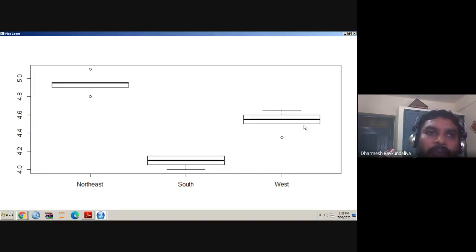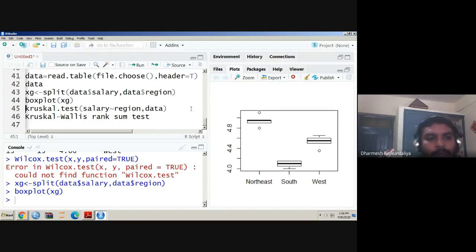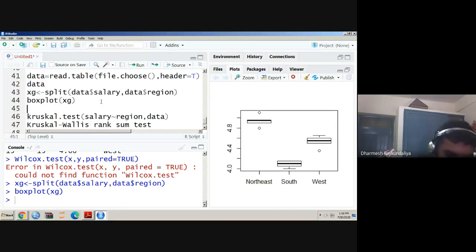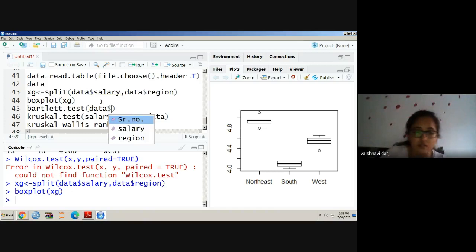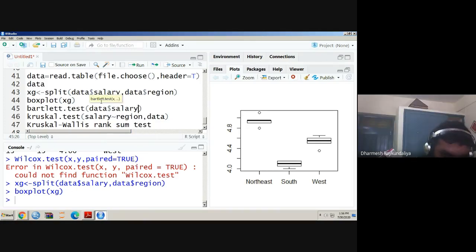If you don't want to verify this, then you can directly use the non-parametric test. But as I told you, parametric tests are more powerful than non-parametric, so we should always assess this. Let us say box plot. Which test did we do? It was Bartlett, right? Equality of homogeneity of variance. Yes or no? Yes. So it is a function of